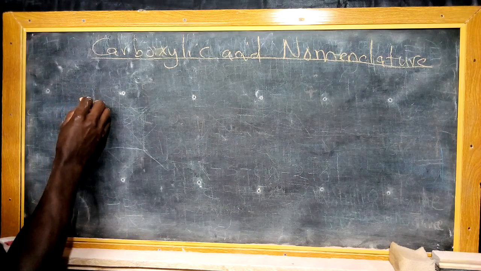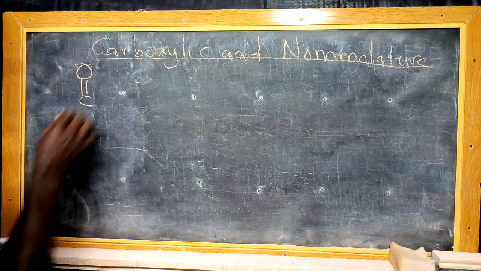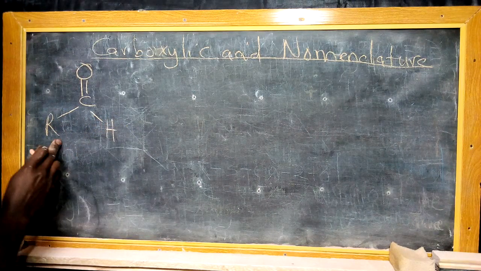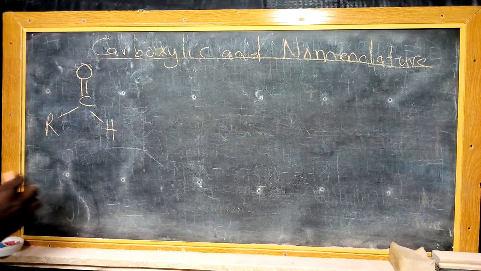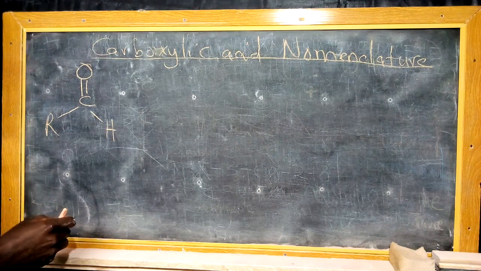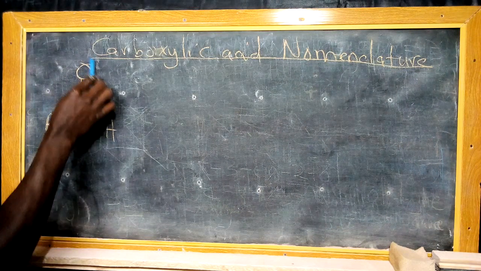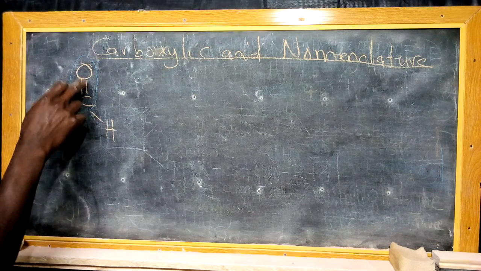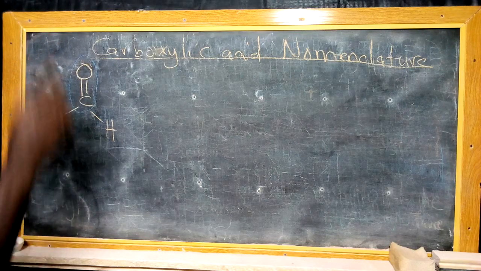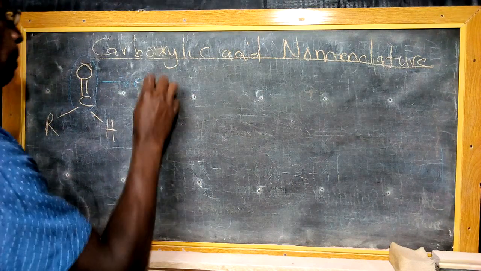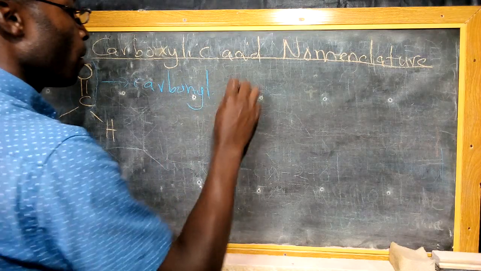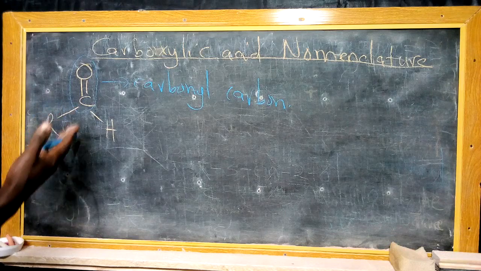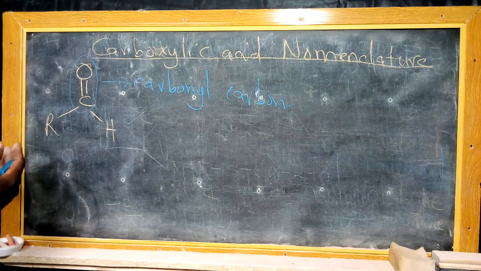So we said that an aldehyde has got a functional group that has got a radical and a hydrogen at one point, whereby this one is known as a carbonyl carbon. So this part of a functional group that we are demonstrating here that contains carbon bonded to oxygen using the double bonds is what we call carbonyl carbon. So we are going to see that this one appears in a range of functional groups